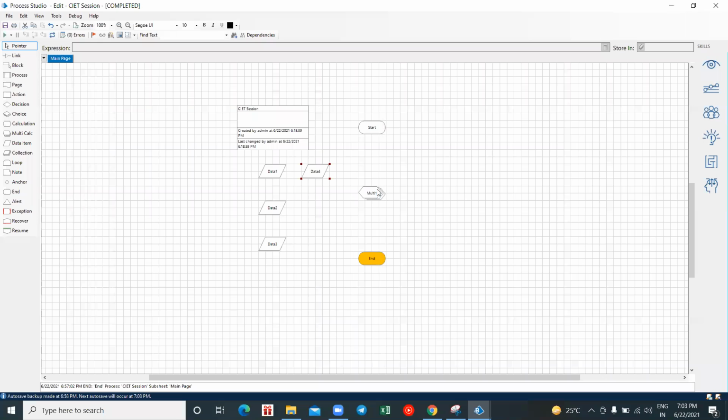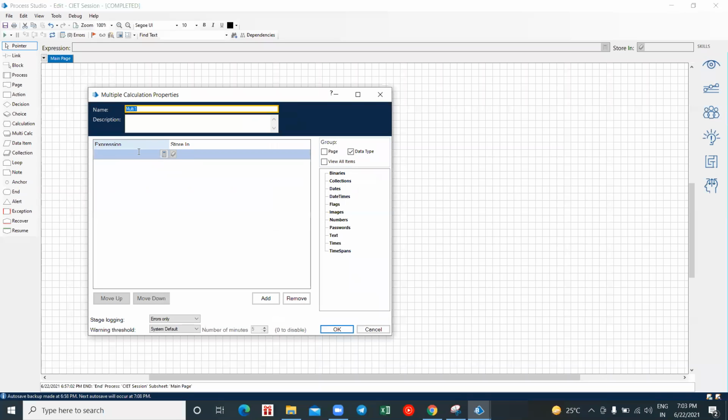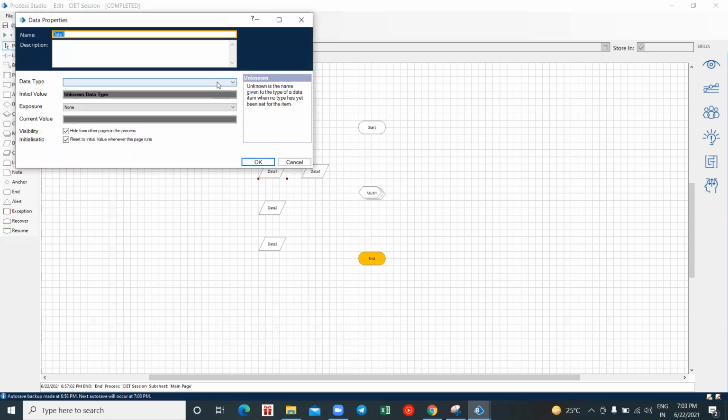Now when I double click on my multi calculation, here you can see I have a direct option of giving my expressions, right? Before giving this expression, I have to set these data items. Let me set this data item as number, give the name as A, and the number is 23.